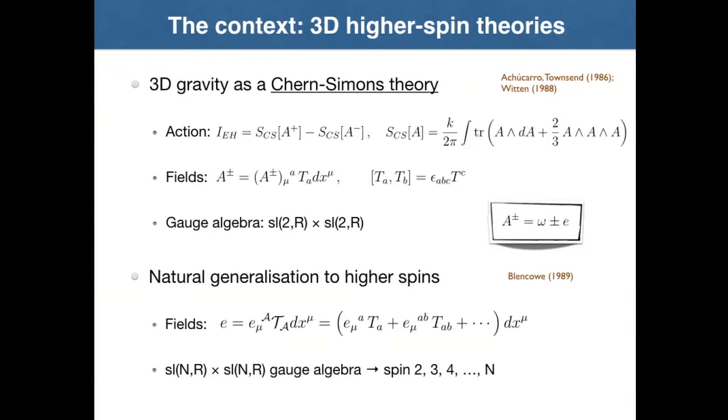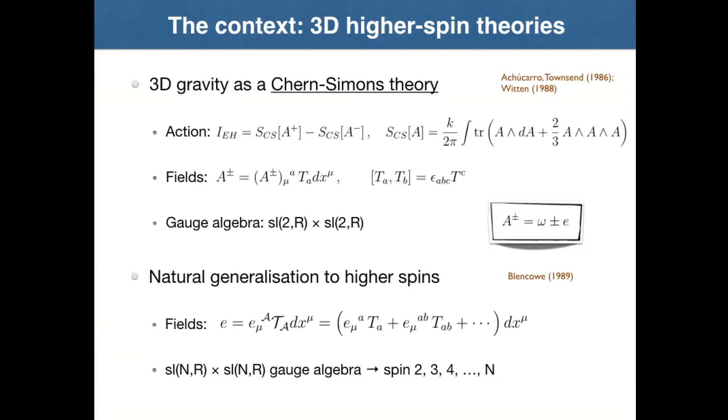The main idea is that once you arrive at this kind of formulation of three-dimensional gravity, you can ask yourself what happens if you change the gauge algebra, and the answer is that, for instance, if you consider an SLNR cross SLNR gauge algebra, you describe a higher-spin theory. Why is that? Because you can pick up an SL2 subalgebra and branch the SLN algebra under the adjoint action of this SL2, and this will bring you to a branching of the algebra of this type, for instance,